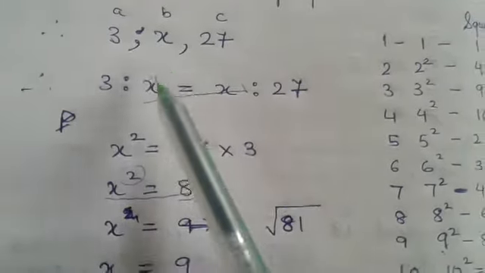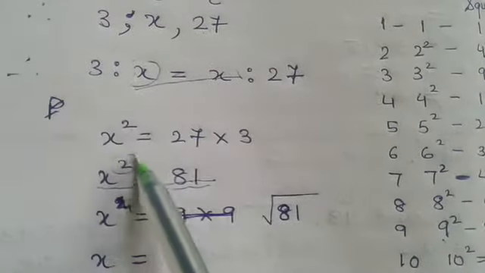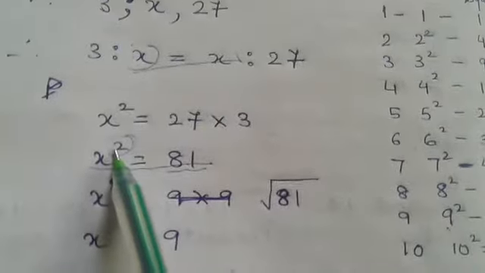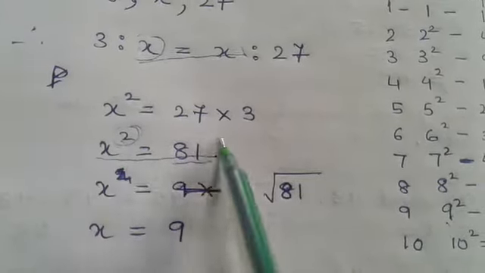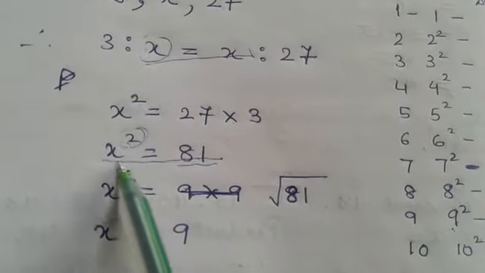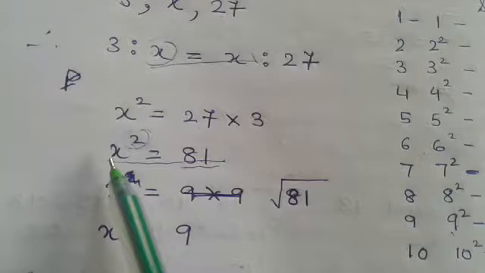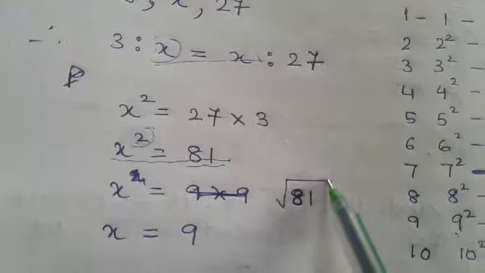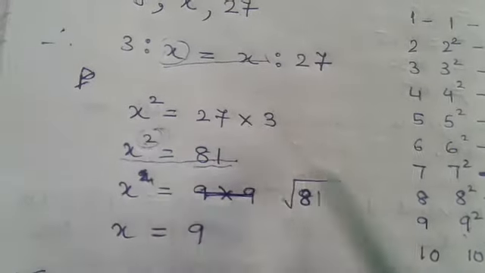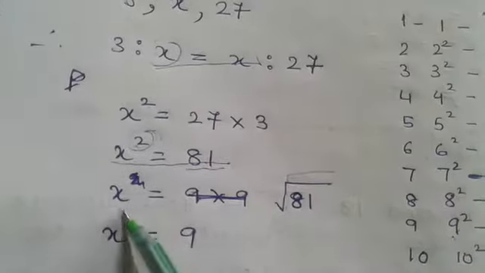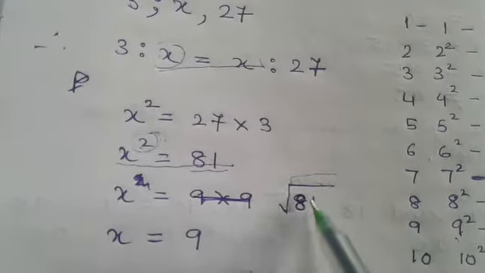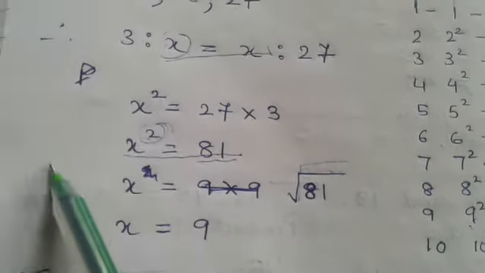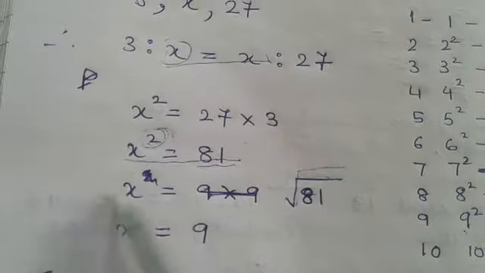Now see, we have to find the value of x, and here we have the 2, that is the square. So in this case we have to find the square root of 81. x square is equal to 81. This is the sign for square, children, and this is the square root. So x is equal to square root of 81. To remove the square, we take the square root on both sides, that is LHS and RHS.